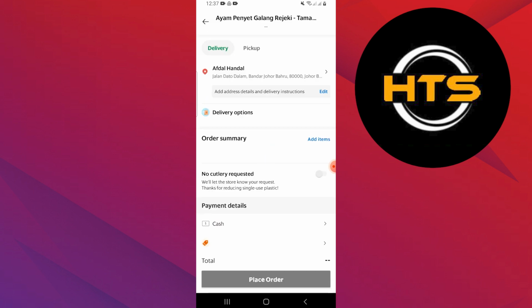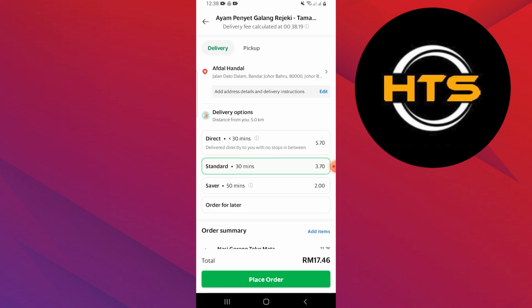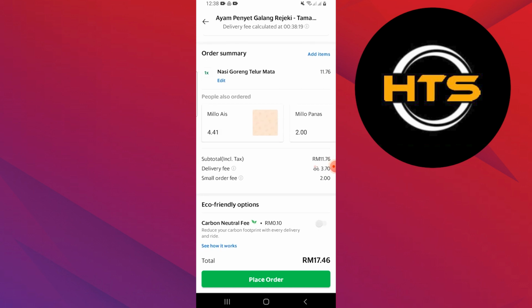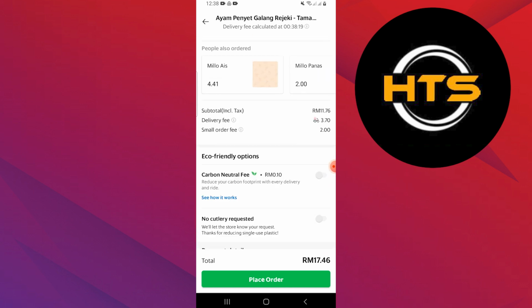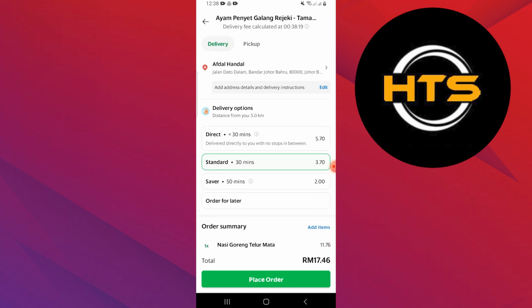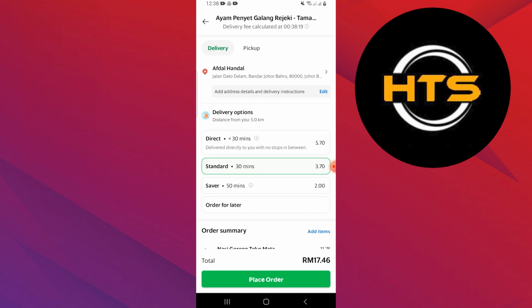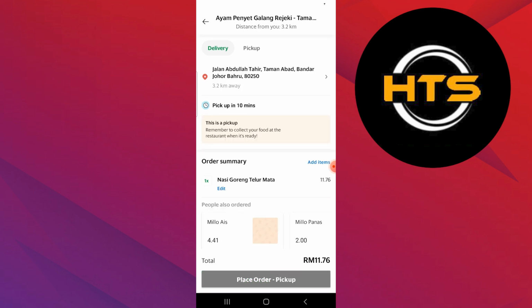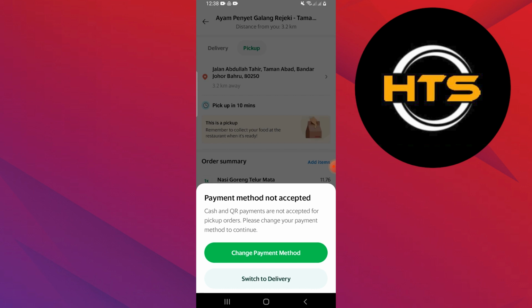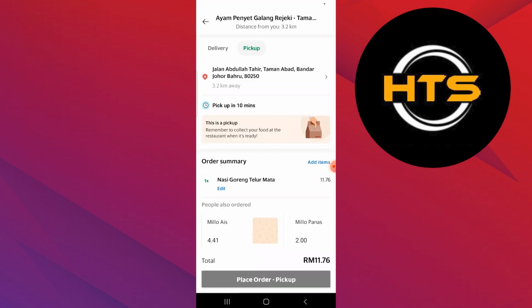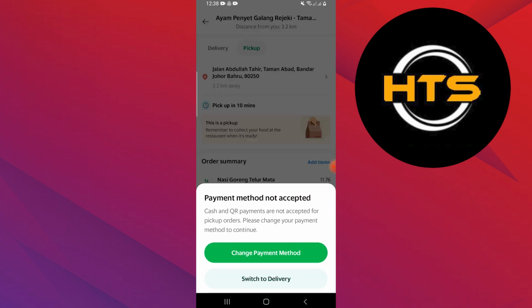Here, you can add your first location by tapping on the delivery address field. Now, enter the address where you would like the food to be delivered. If you want to add a second location, you may need to add a note or use multi-stop delivery feature if available in your region. Then, check if there's an option to add another drop-off point or contact Grab support to confirm if this feature